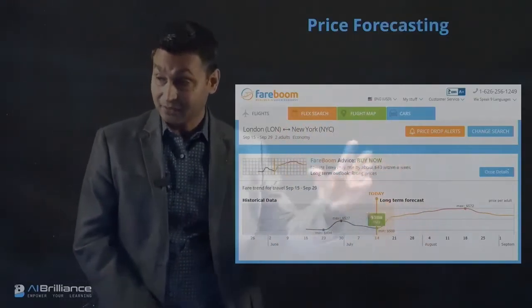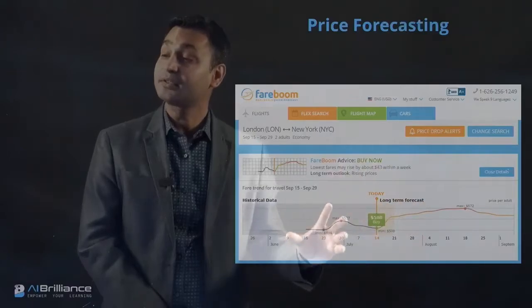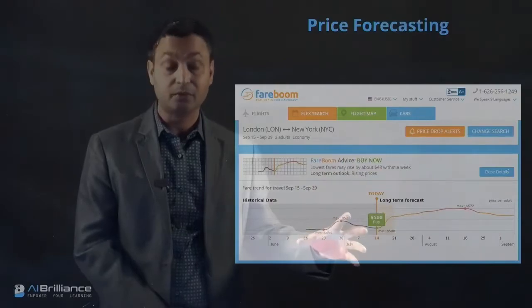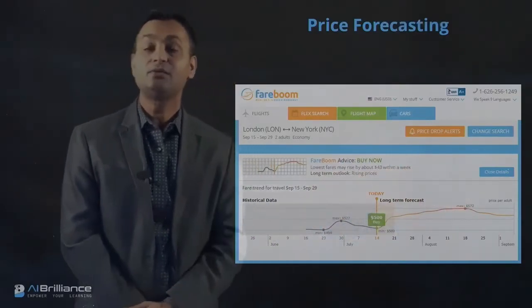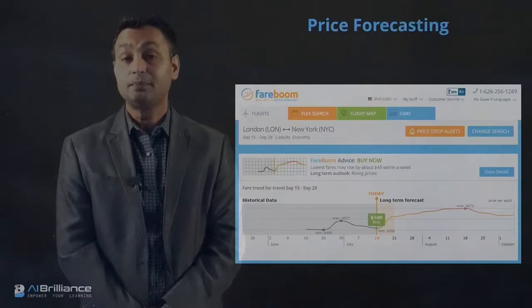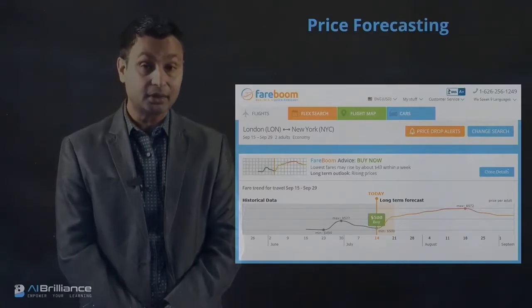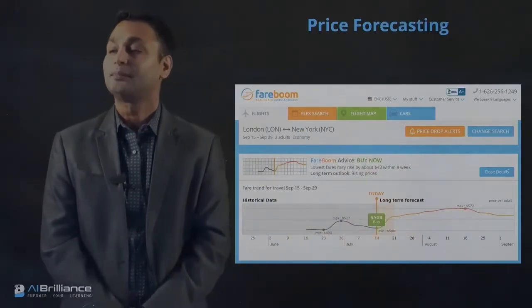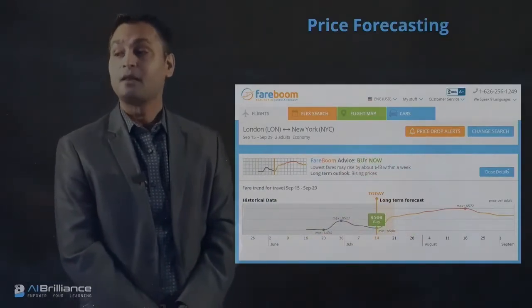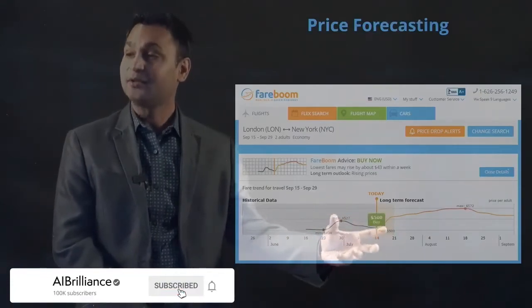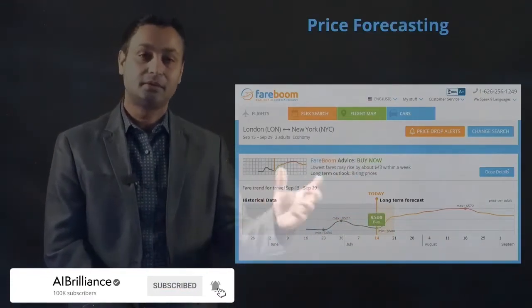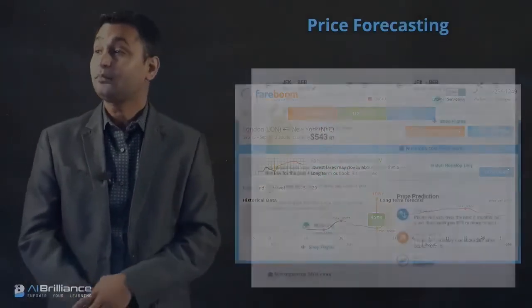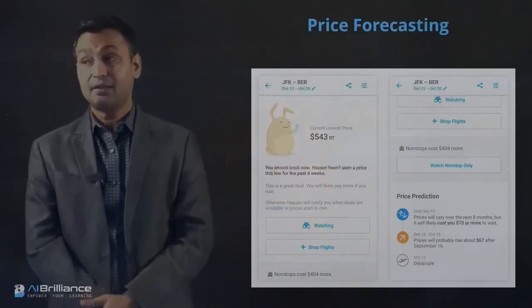But what is driving their business? What's driving the business is this idea of what can happen to the price, and this is bringing customers to their website where they can see this price forecasting algorithm that will help them in making the decision. That's the value they are providing to the customer, which is run by a recurrent neural network type of architecture that is doing this forecasting. But once that is done, they can refer them as a customer to other airlines, and that's how they make their money.